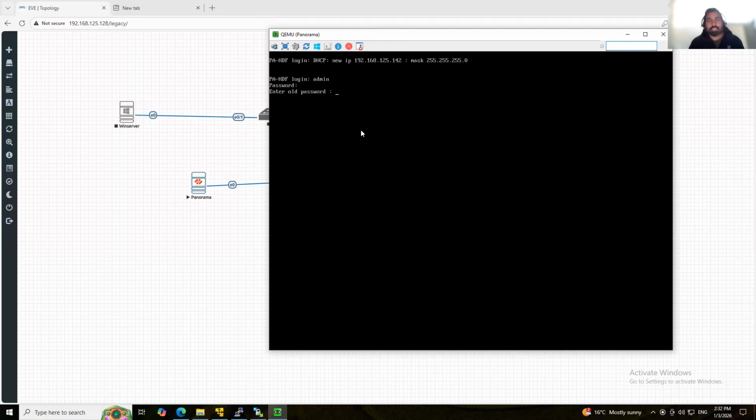Okay, now I can see the login prompt is available. The IP is taken by DHCP automatically. So now I'll enter a new password.